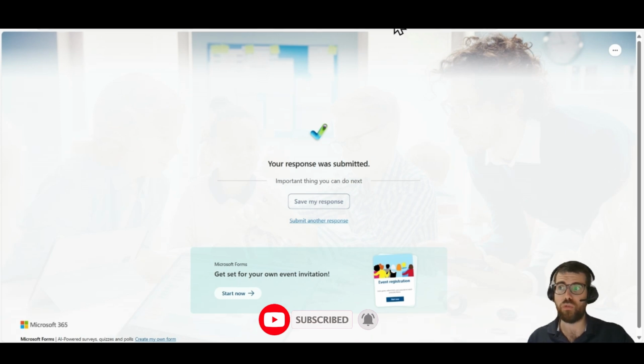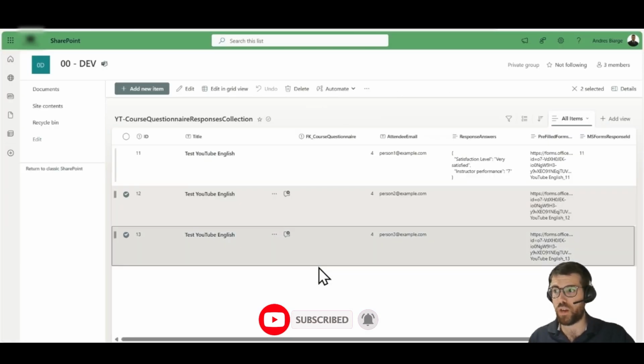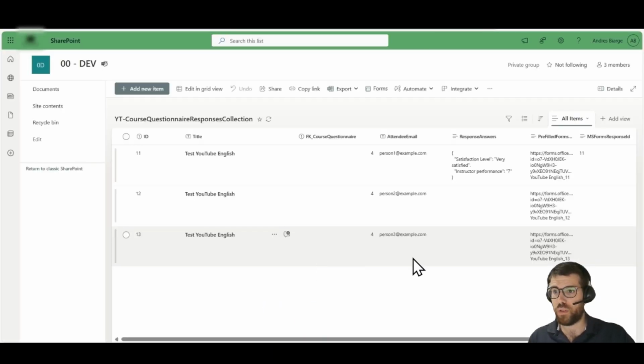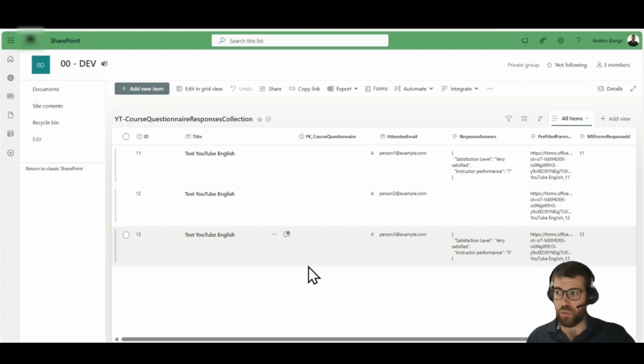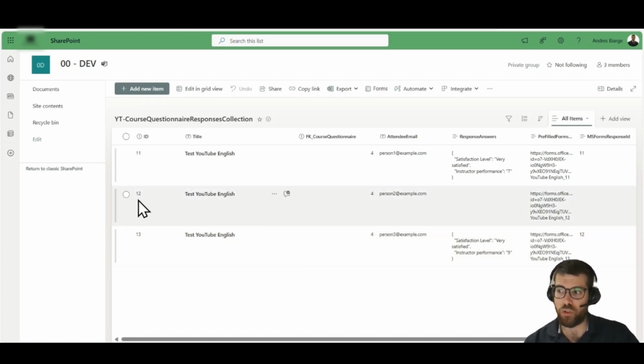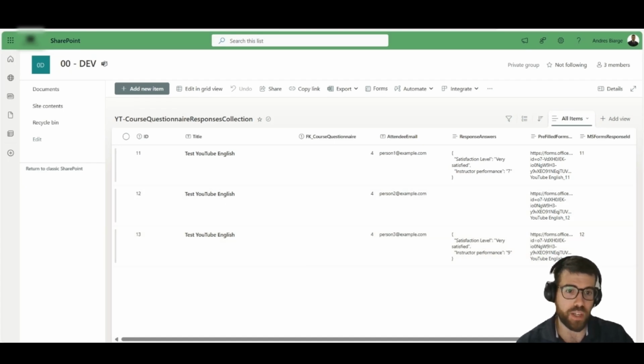submit the information, and then this is going to submit it for a different response instead of number 12, which was the actual link that I clicked. Now let's